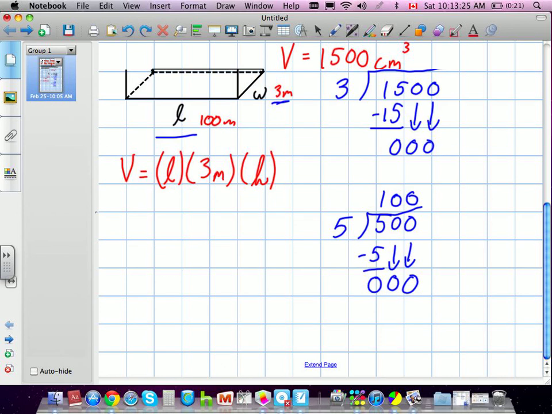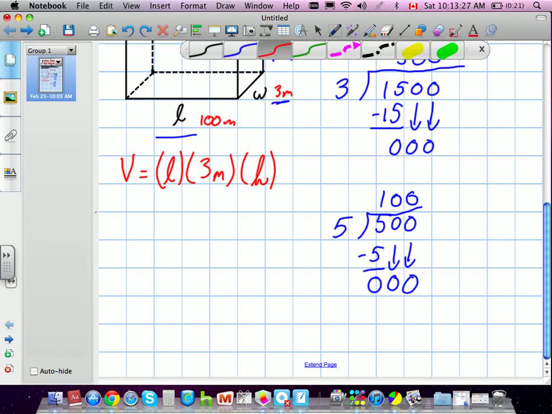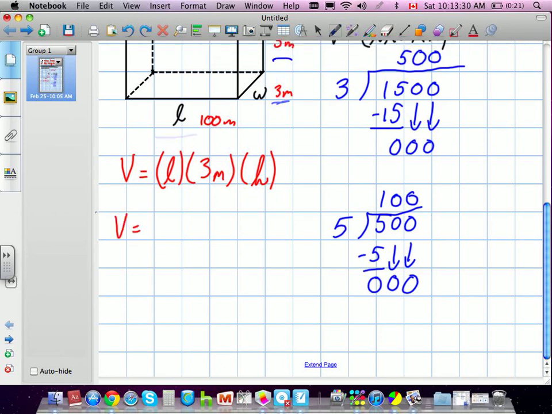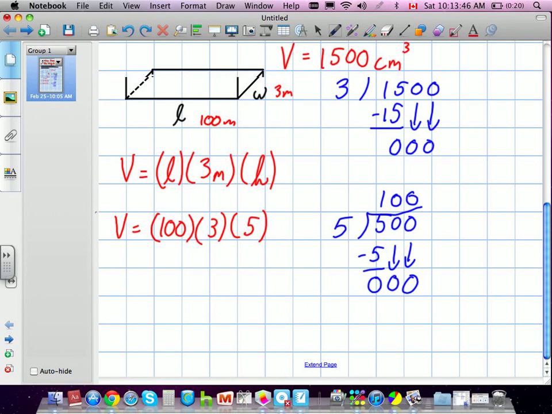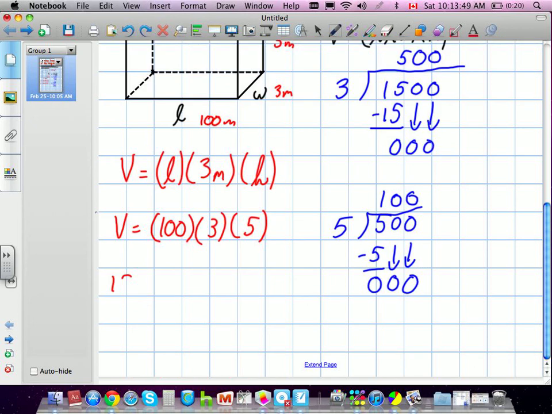So we now are going to replace our other letters. V is equal to, we said our length was 100, we said our width was 3, and we said our height was 5. What we're going to have to do now is just test to make sure that's our number, right? So what did we say the volume had to equal? 1,500. That's right. So I'm going to replace V with 1,500, is equal to, and we're going to see if 100 times 3 times 5